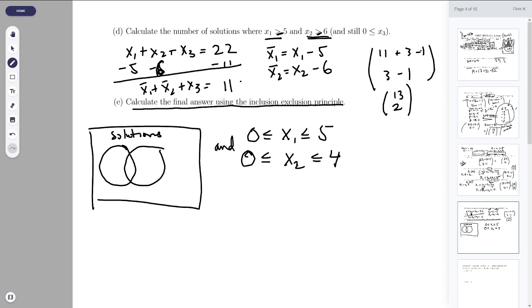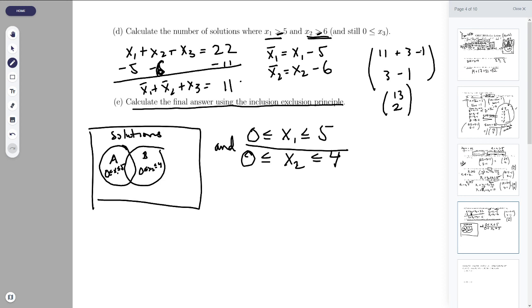Basically, if this is the set where all the solutions are bigger than 5, or A is the set of solutions where 0 is less than or equal to x1 is less than or equal to 5, and this is the set of solutions where 0 is less than or equal to x2 is less than or equal to 4, then we want this intersection. We want to know how many things are in the intersection. So in order to compute that, let's take all the solutions from this whole set here,